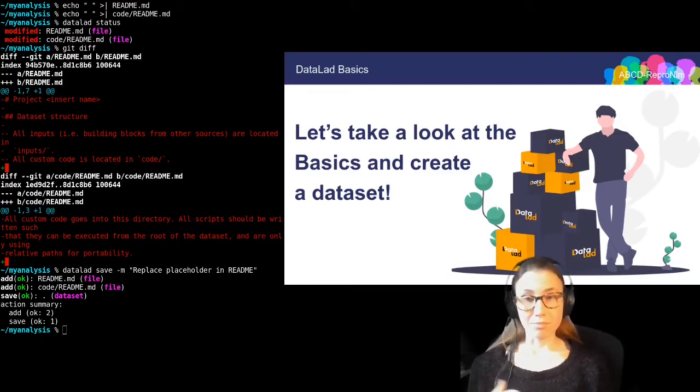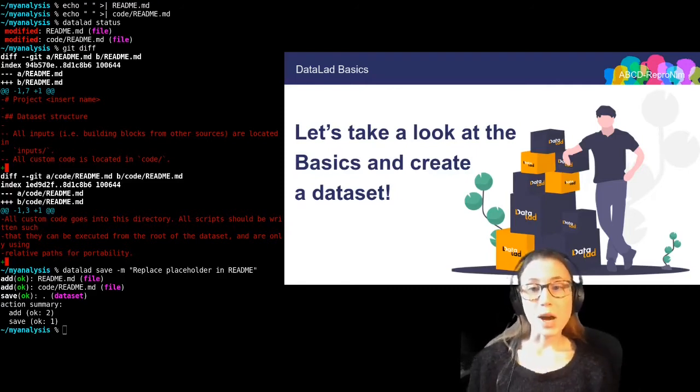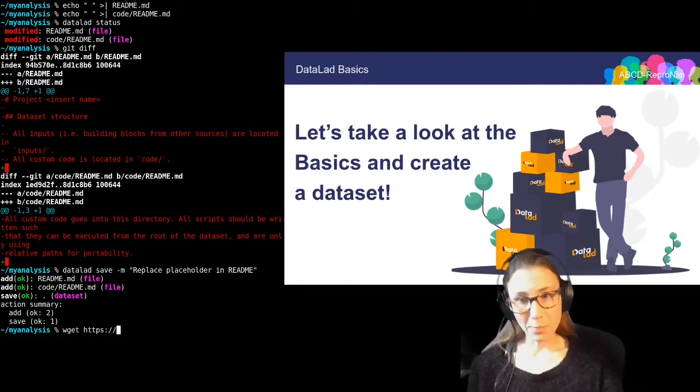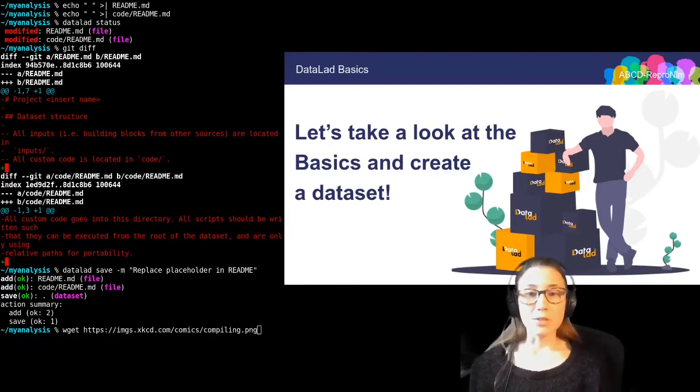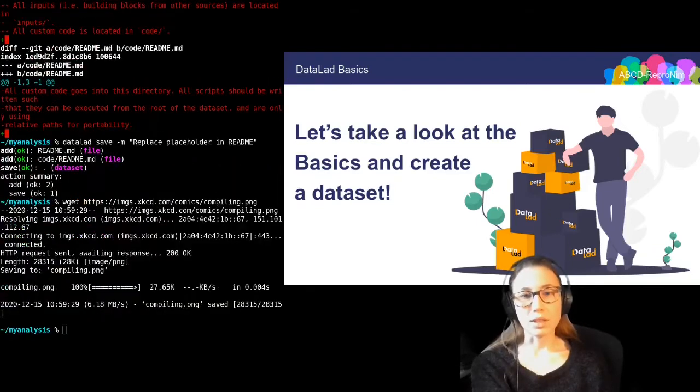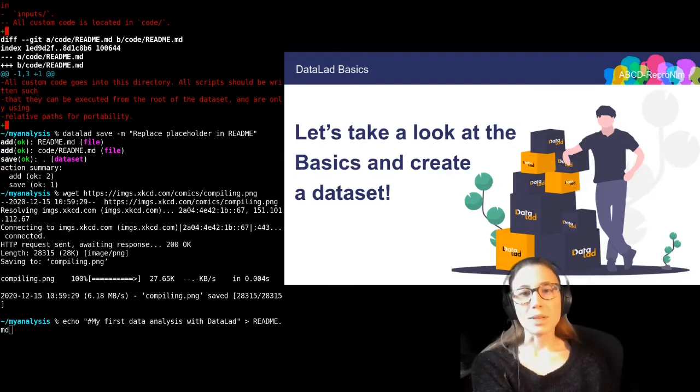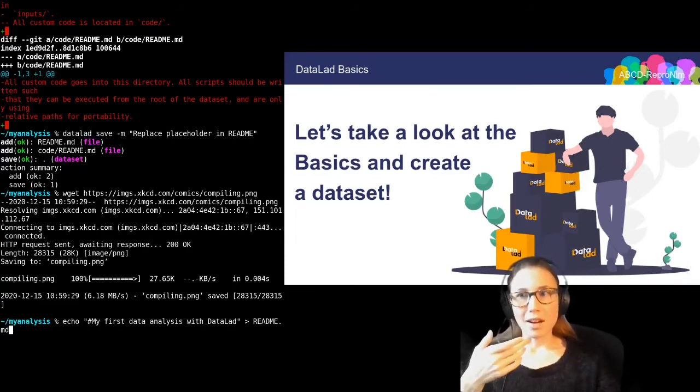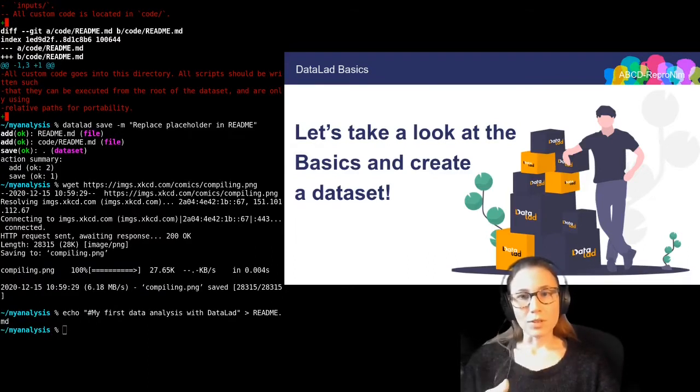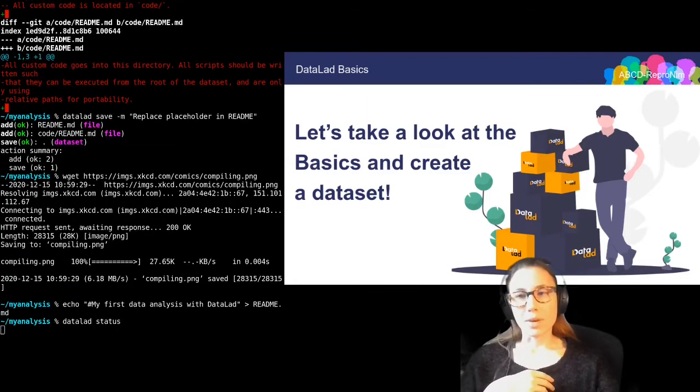This saving of everything is not always desirable. So now I'm going to show you how to save specific modifications only. And for this, I'm downloading a file into the dataset. In this case, it's an XKCD comic that I'm retrieving with the Unix command wget. But I'm also modifying one of the readmes by giving my project a description. So now I have two modifications in my dataset. Here you can see them reported from DataLad status,